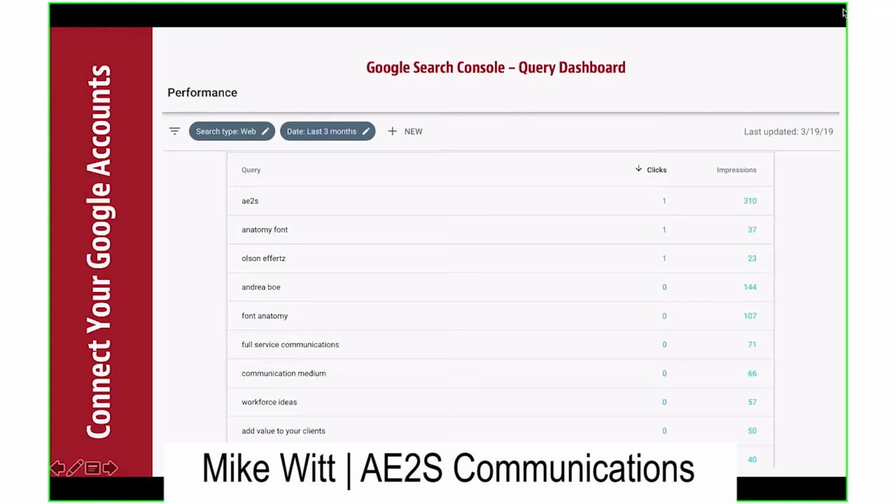There are other aspects of the console too, like if a page is down and you might not know it, Google will crawl your site. They send out these bots who just go through all your pages and follow all your links. And they might find that you had a page, maybe it was for an event that has long passed, but Google went to that page before and now it can't find it because the page is down.